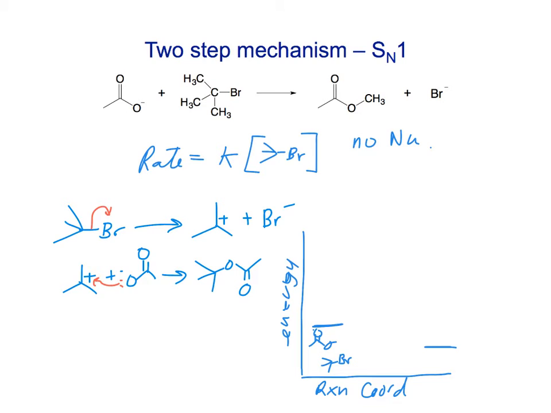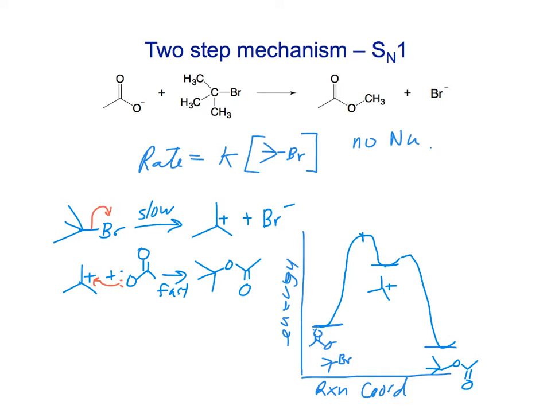All right, between these two steps, we know that the first step is bond breaking only, so that's going to take more energy. So this is going to be the slow step. This is going to be the fast step. So when we draw our reaction coordinate diagram, we know we're going to have the intermediate. This is going to be the carbocation intermediate. The first step is the rate determining step. It has the highest energy transition state. And the second step is the fast step. And over here we have our product